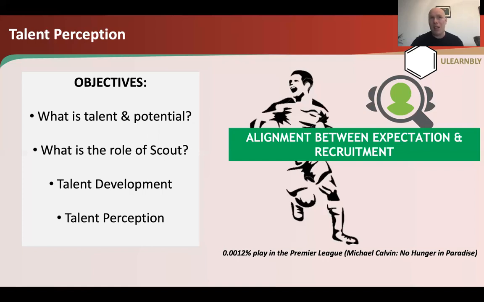So statistically, you've got more chance of walking out the front door and getting hit by a meteorite than you have of playing in the Premier League. So again, we know that not many players will go on and graduate to the top levels. We know that most players, when they sign their first contract, will be out of the game within a year to 2, 3 if they're lucky.